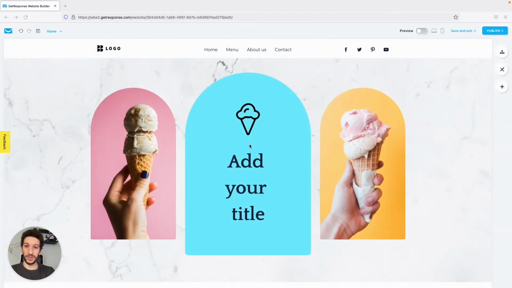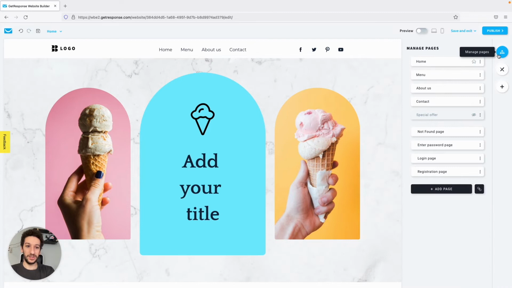Right now we are in the website builder editor, and to edit the SEO of each page you can go to the right to manage pages, and here you will see 3 vertical dots and it will take you to the settings. This will work for any of the pages, as you should add these details to every page so that you rank better in the search engine.